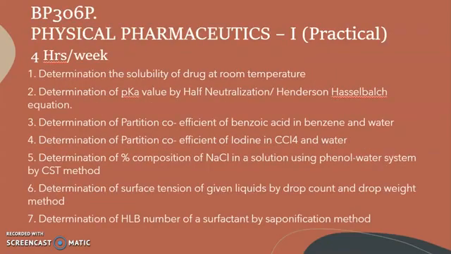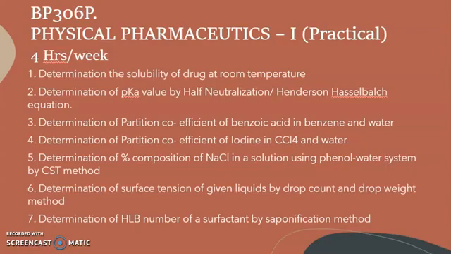Now coming to the syllabus for practicals for the subject Physical Pharmaceutics 1, the code is BP306P. It's 4 hours a week. All the practicals or experiments are based on the content which is being covered in the theory part. So the experiments are determination of solubility of drug at room temperature, determination of pKa value by half neutralization, Henderson-Hasselbalch equation, determination of partition coefficient of benzoic acid in benzene and water, determination of partition coefficient of iodine in carbon tetrachloride and water, determination of percent composition of sodium chloride in a solution using phenol water system by CST method,